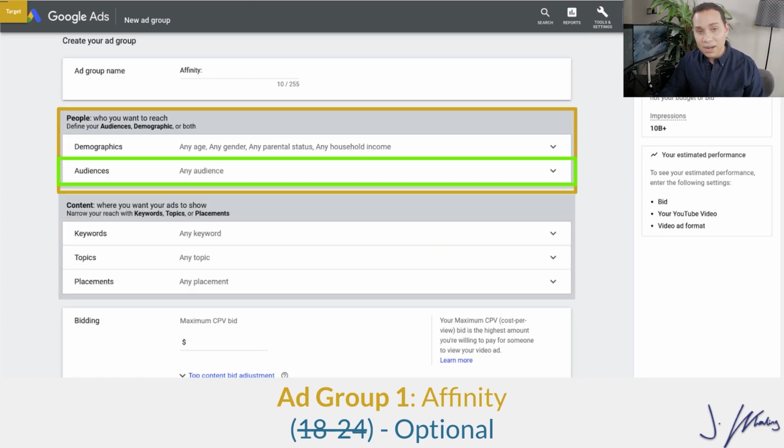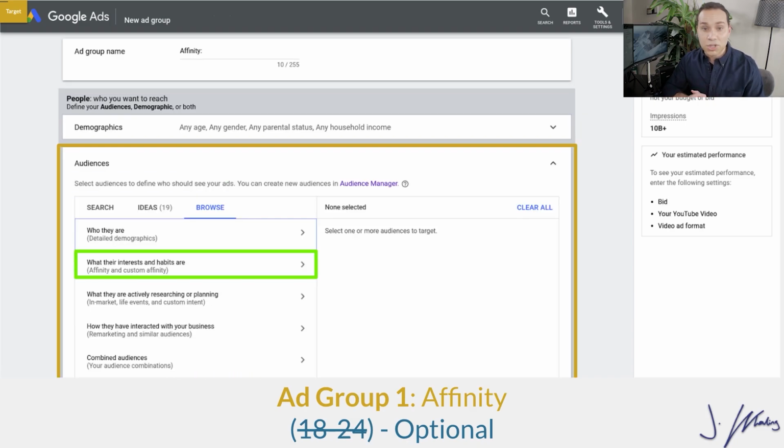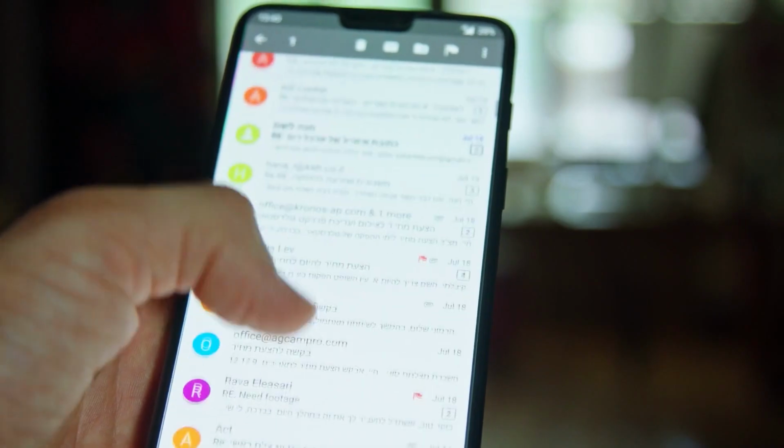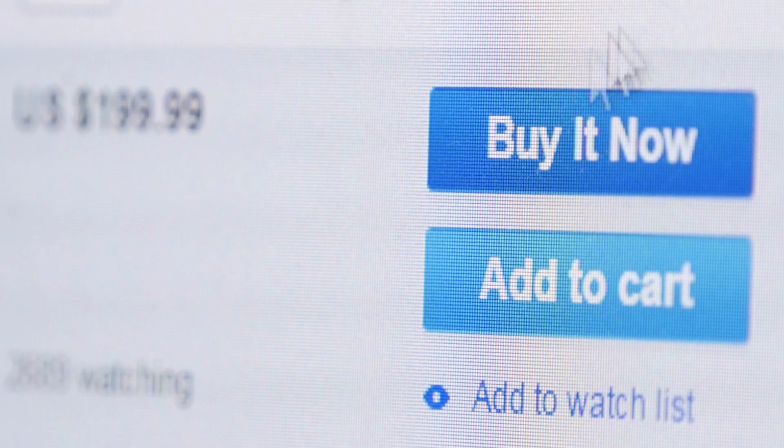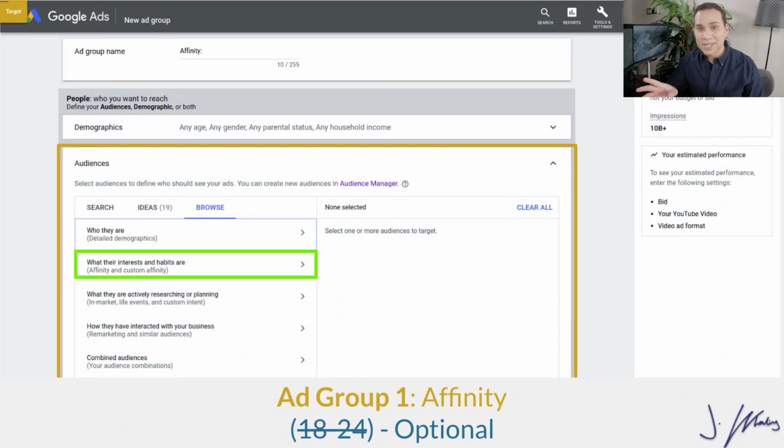Now, when we go into audiences, here is where we're actually going to be able to choose affinity. Now, you see there's some other options here. You have in-market, life events, and custom intent. Those are really, really good when you're looking to drive leads to your site. So you want someone to enter their name and email, you want to collect phone numbers, or when you're trying to make sales. Those audiences are going to be much more expensive than affinity. So since we're just going to be promoting our channel content, building some business brand awareness, let's go ahead and use a targeted group of people, but not a targeted group that's going to be as expensive.